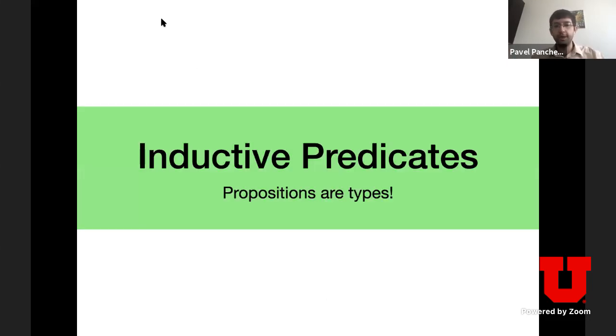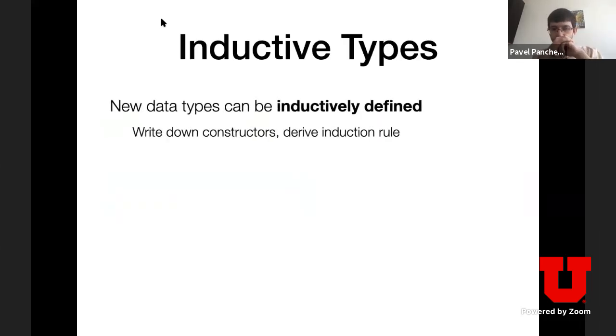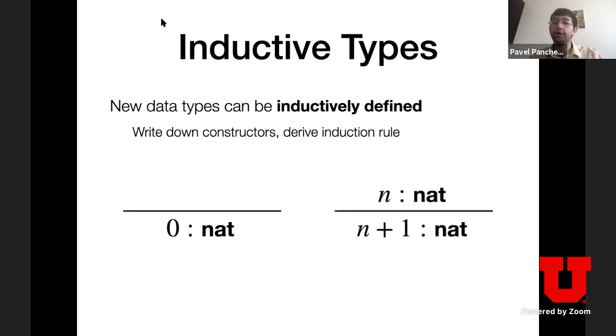And where I want to start is by talking about inductive predicates. So recall a couple of lectures ago, we talked about how you write down introduction rules for different propositions that you may want to prove. And that's the core of how we construct proofs. We found that specifically this idea of writing down introduction rules is related to this inductive types idea, where you write down the constructors from which a data type is defined. And in the last lecture, we did this constructor-based type definition specifically to write down definitions of different kinds of